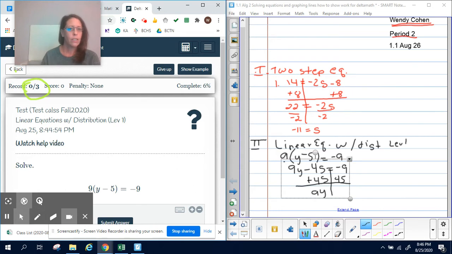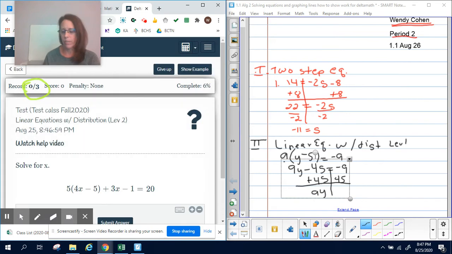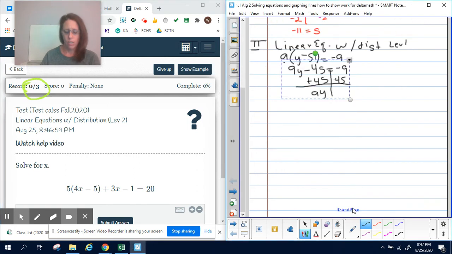Arrow. When you hit the back button, you're going to move on to section 3. Section 3 happens to be called linear equations with distribution level 2. All right. So on your piece of paper, level 3 now, section 3. So here I want you to write the title. And I did want to work at least one example of these for you